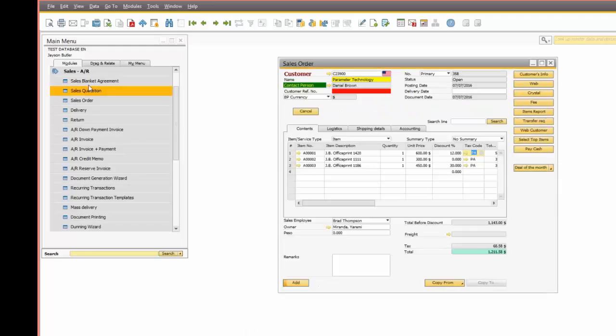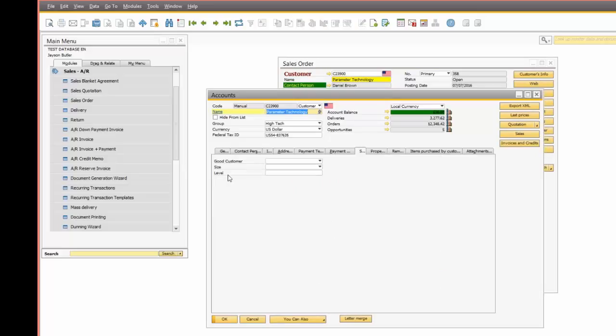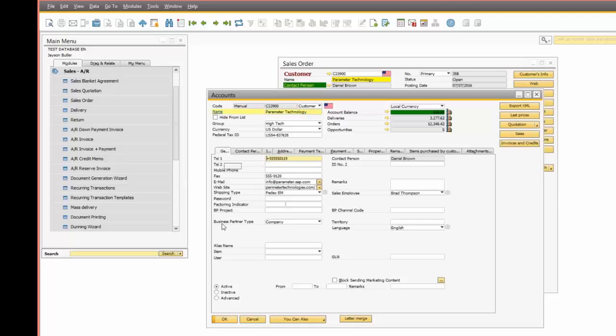I'm just going to reopen the customer, and I'm going to see that SAP tab with the screen 3 fields. Obviously, I can increase the size of the screen. Okay, so those 3 fields were added automatically. But now if I want to move, let's say, the BP project, and I want to move it to a